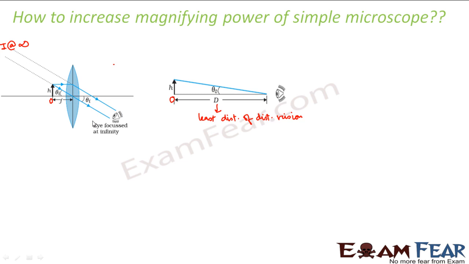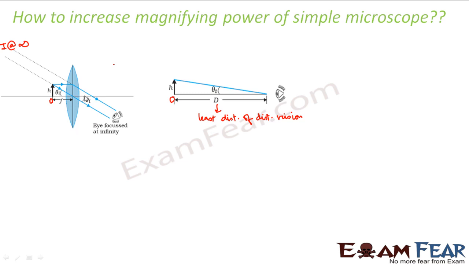In that case, the eye is in the most relaxed position. The eye is not at all strained, right? Because the ciliary muscles are relaxed, so the focal length is at its maximum value and the image is formed on the retina. In this case, when the object is at the least distance of distinct vision, even though the object is visible clearly, the eye is a little strained when compared to the first scenario.